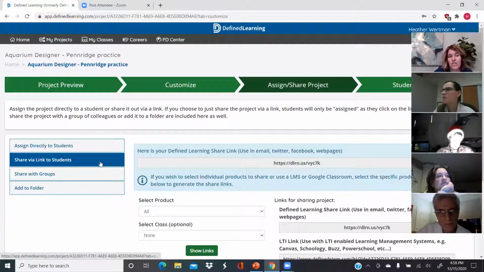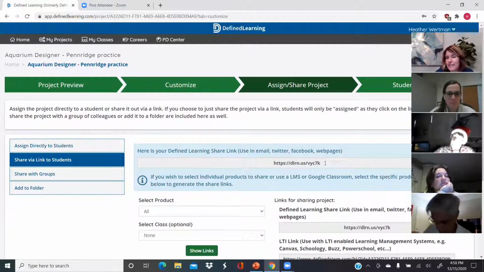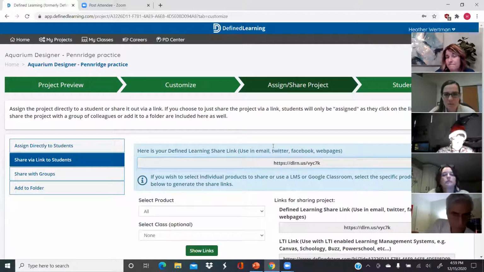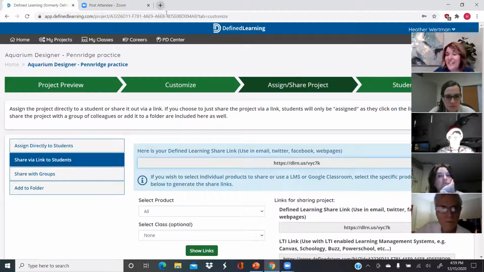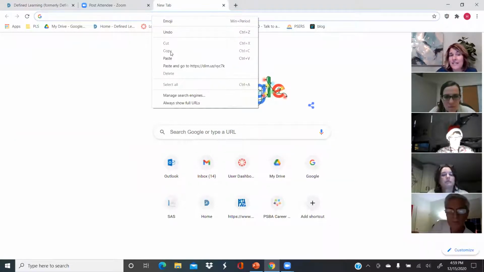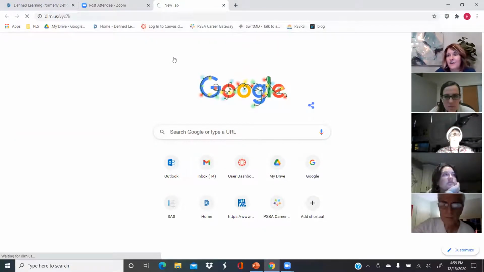So if you click on share via link, then look to the right of it. You're going to see a link starts with HTTPS, right? So go ahead and highlight that link for me right now, just like you highlight anything. And go ahead and copy that link, please. And then if you could go open yet another new tab. And if you just go ahead and paste that link in your web bar,